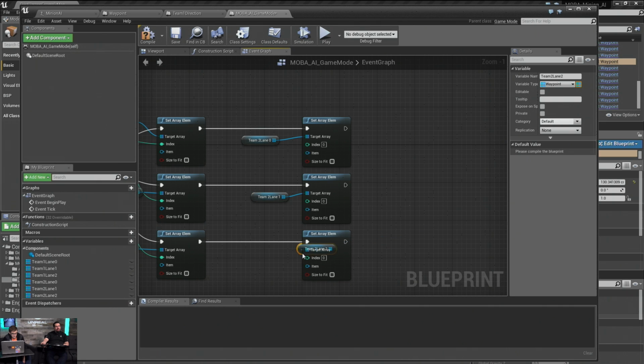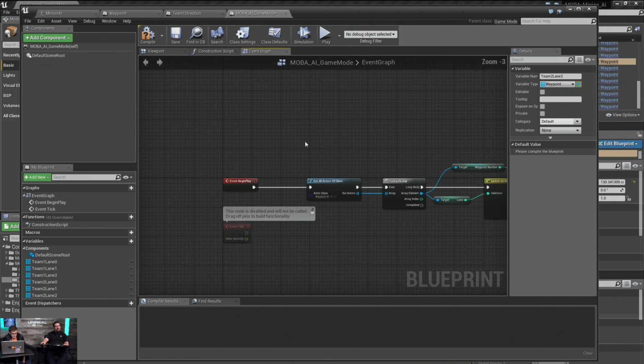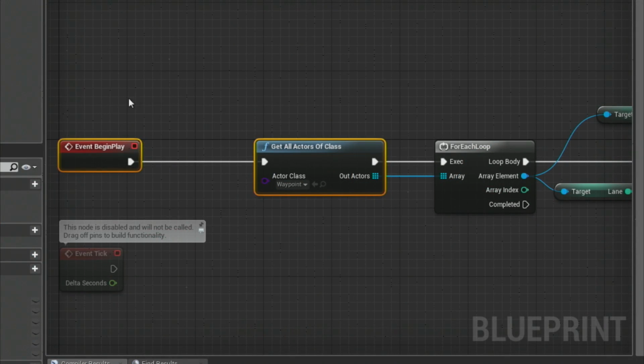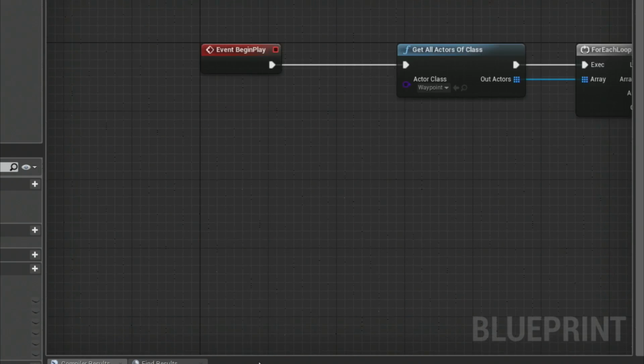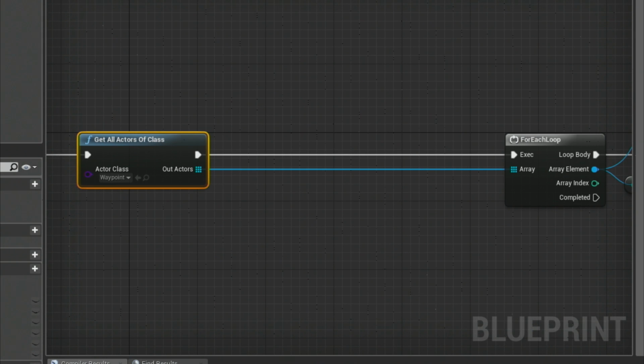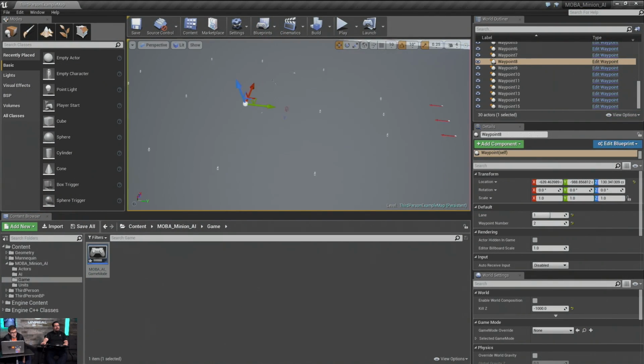So why don't we do a bit of pre-processing? This is going to still stand, right? But what we're going to do is run a count beforehand. So what I'm thinking is this. I'm a designer, I'm messing around in the world, and I'm just like, you know what?